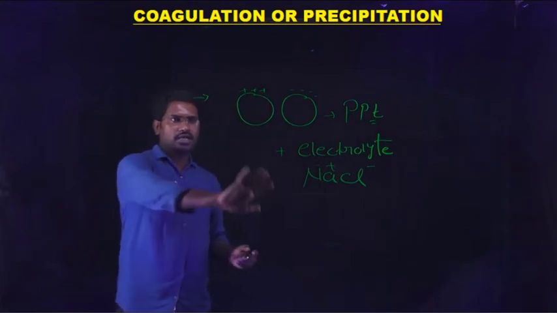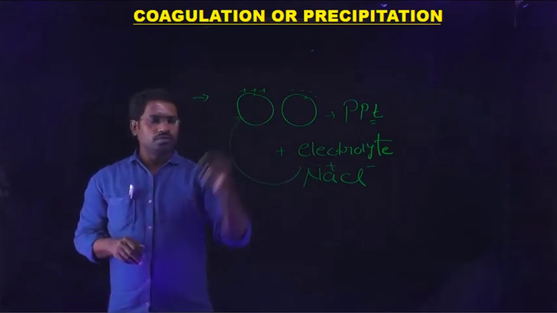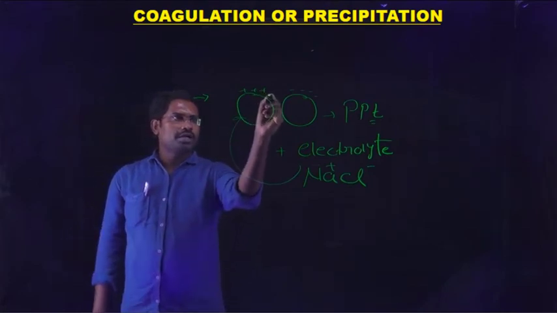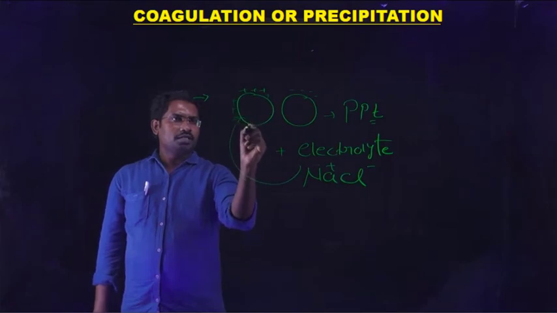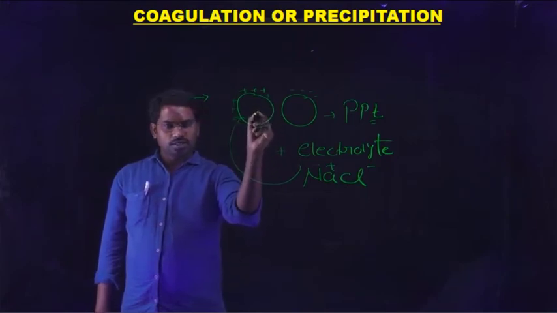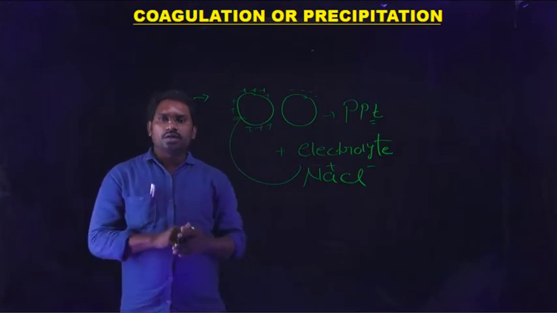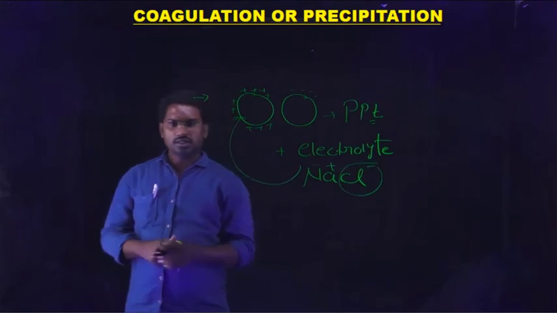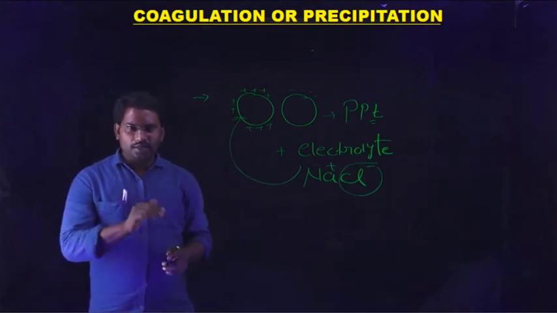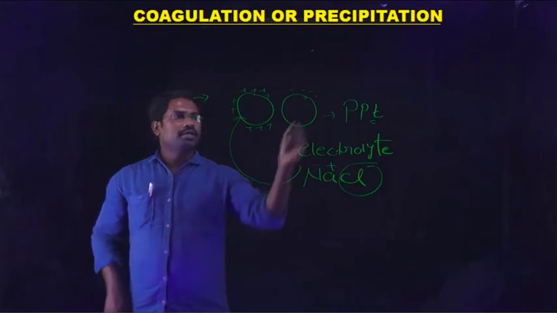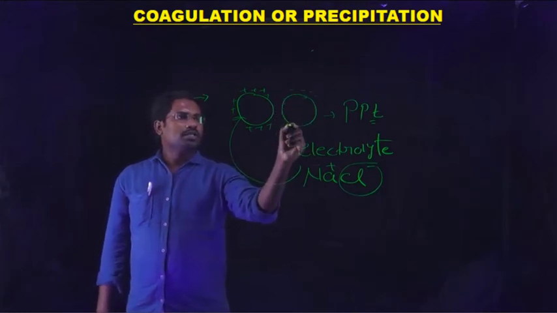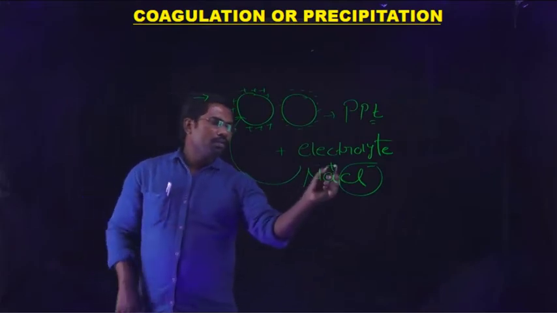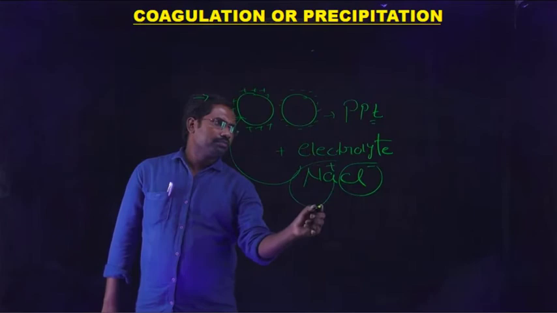When the electrolyte is added, if the colloidal solution contains positively charged particles, their positive charge gets neutralized with the negative charge of the species present in the electrolyte. If the colloidal solution contains negatively charged particles, they get neutralized with the positively charged species of the